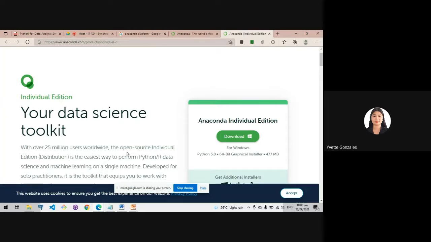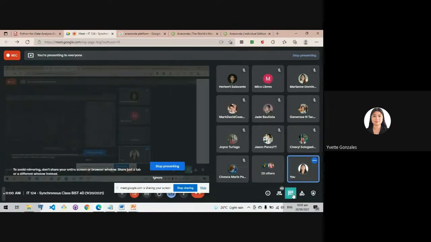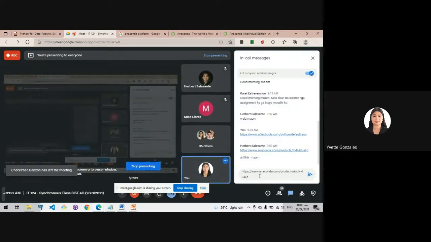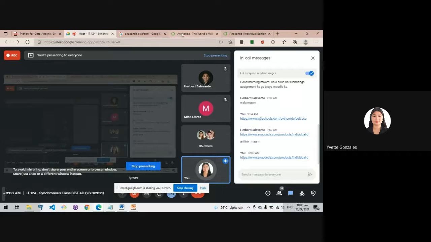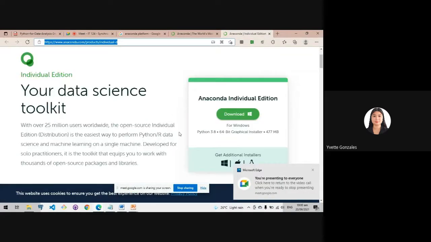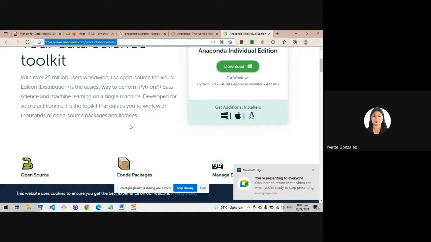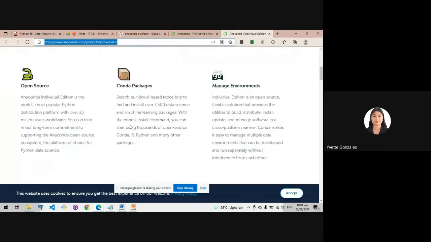Okay? So, isan ko sa inyo ang aton nga link. So, you can download from there. Sige, nagli kay Herbert, no? Okay, so hambal niya, introduction lang ha. With over 25 million users worldwide, open source individual edition distribution is the easiest way to perform Python or R data science and machine learning in single machine. So developed for solo practitioner, it is a toolkit that equip you to work with thousands of open source packages and libraries. Okay. So may ara na siya class nga